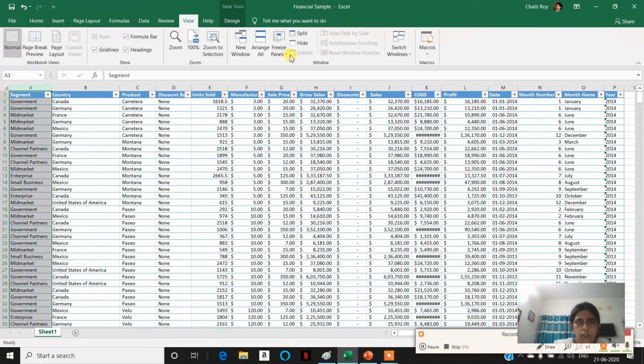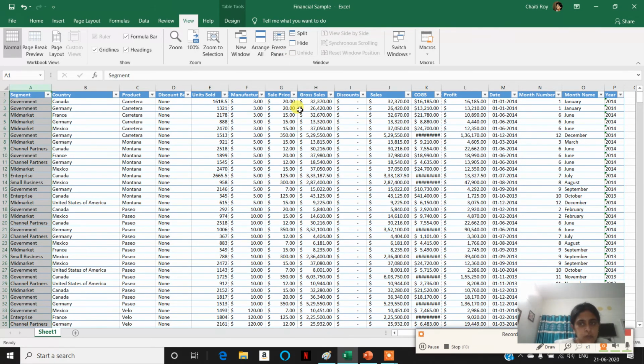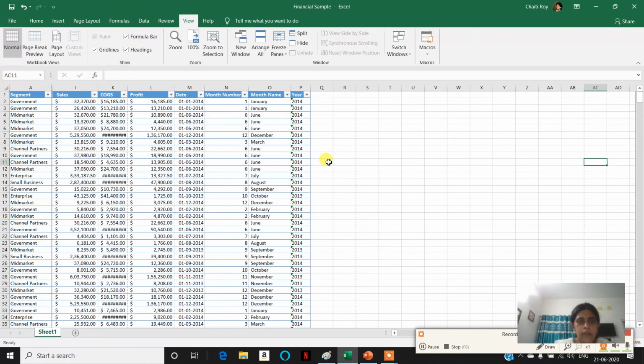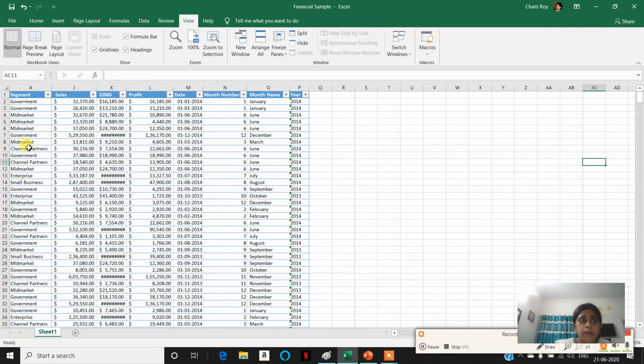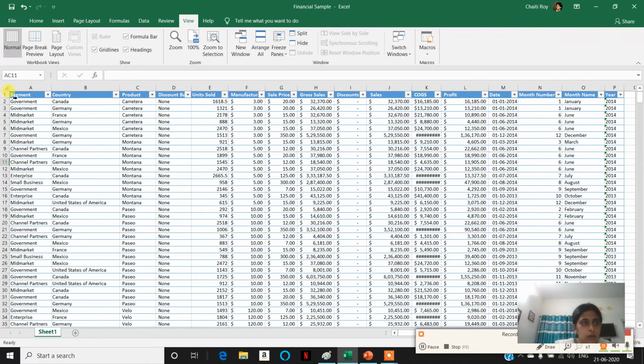Now, similarly, if you want, you can just freeze the first column. So I've frozen it. Now you can see the country name is gone because only the first column is frozen. Or unfreeze it. Or if you want only this particular top row to be frozen, go to Freeze Panes and select Freeze Top Row.